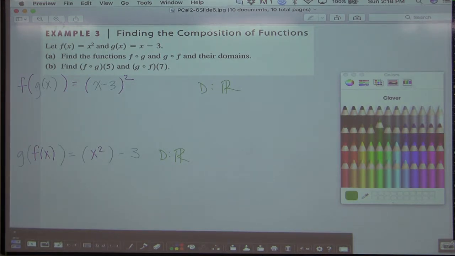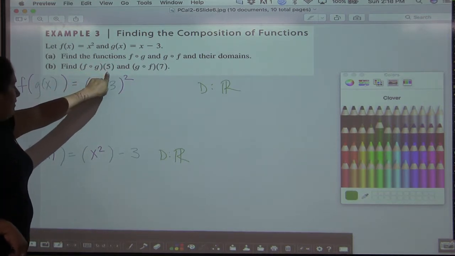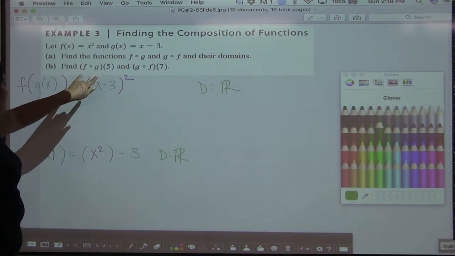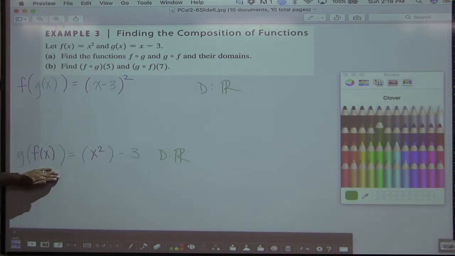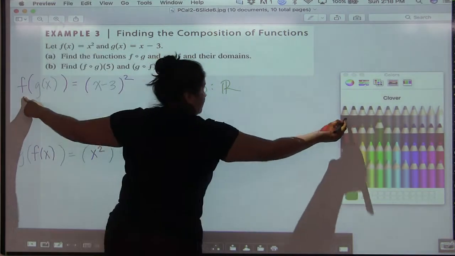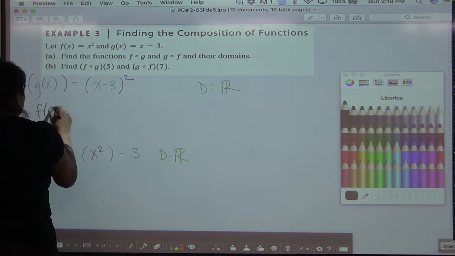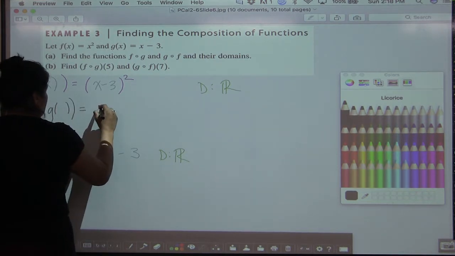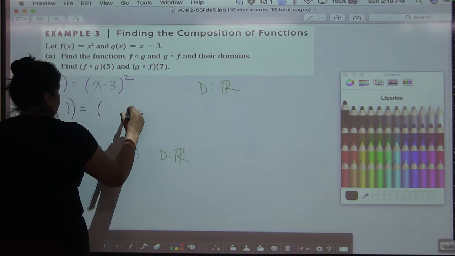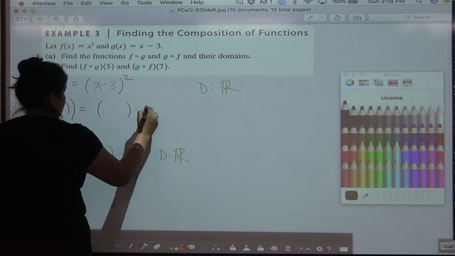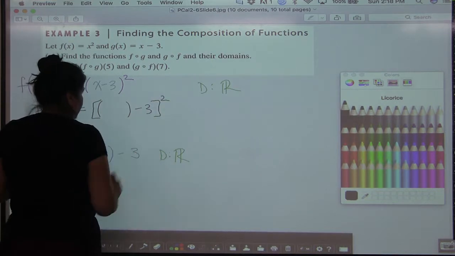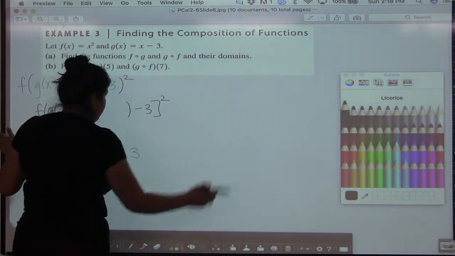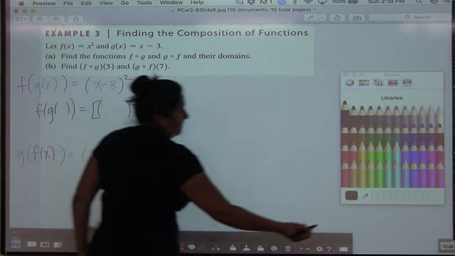So now, like we did in example 1, we can use our answer to find f of g of 5. So just don't be confused and put it in the wrong one. We want f of g of 5, so we're not going to use this function because this is g of f. You want to use the f of g function. So f of g of 5 is going to equal parentheses, and then I'm going to put my x minus 3. Okay, so we also don't need these domains anymore. But just so you have an idea of what I'm doing here,